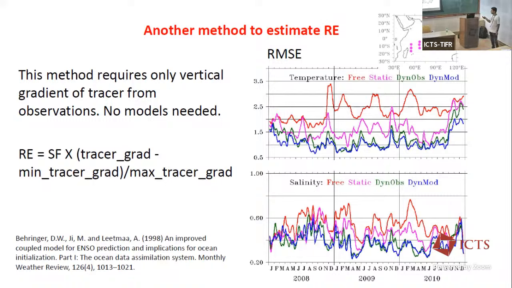So here, I'm showing you a plot. If you use only the observations, which is the green line, this is the RMSE when you estimate your RE only with the green line. And if you do it only with the models, then the blue line is what you get, the RMSE. So we see, or we have shown, that using models yields a slightly better estimate. Okay?